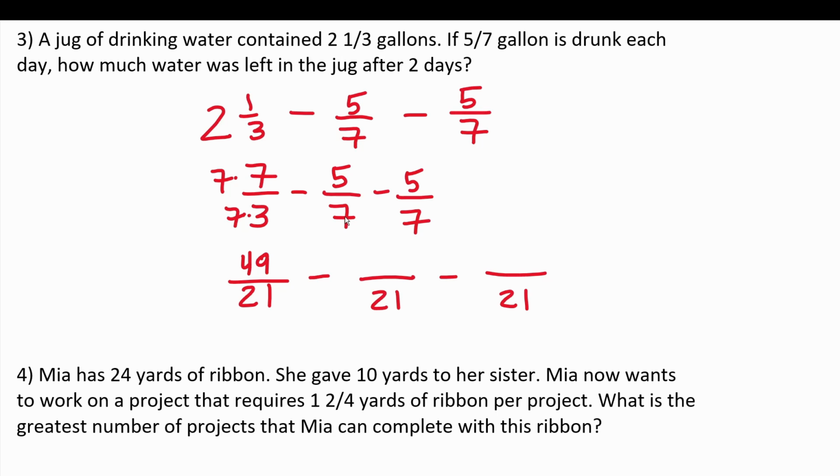How would we write a denominator of 7 as 21? Of course, we would multiply it by 3. 7 times 3 is 21. We're also going to have to do that to the numerator there. 5 times 3 is 15. And we know this one's going to be the same, so let's go ahead and just copy that down as is.